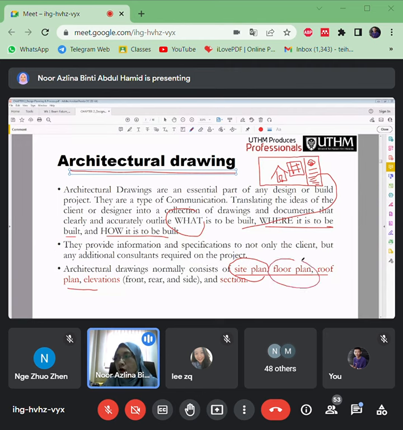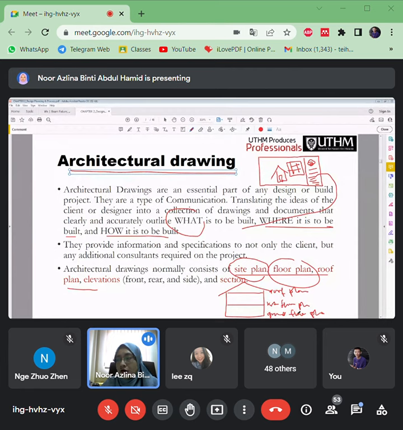And then floor plans, so if it's a double story building, this is the ground floor plan. Okay, this is the first floor plan. Okay, and then this is the roof plan. So that means for the double story here, in the architecture drawing there will be these three plans.